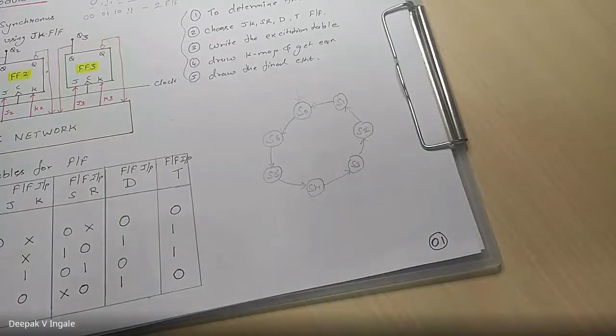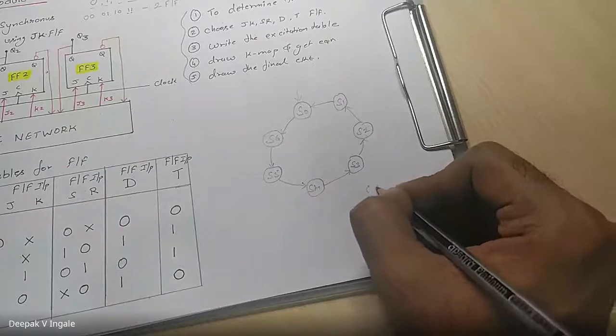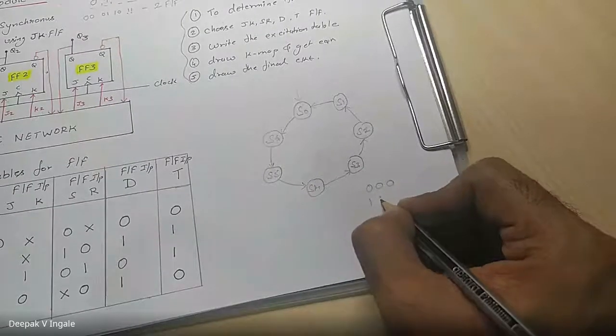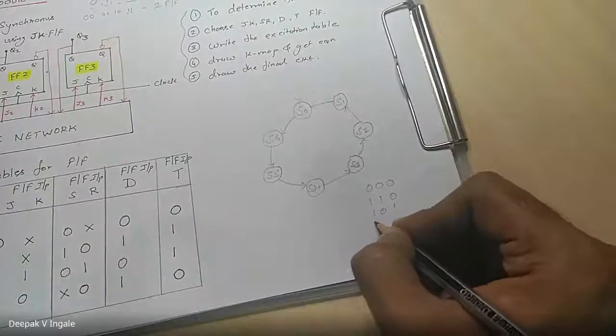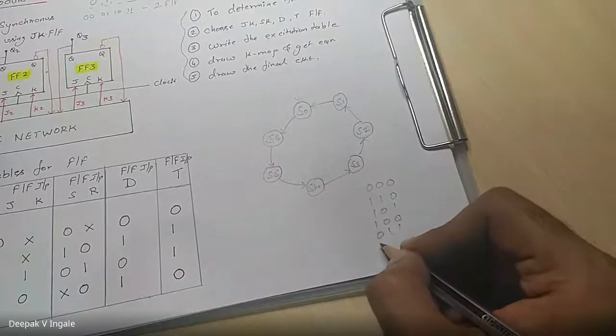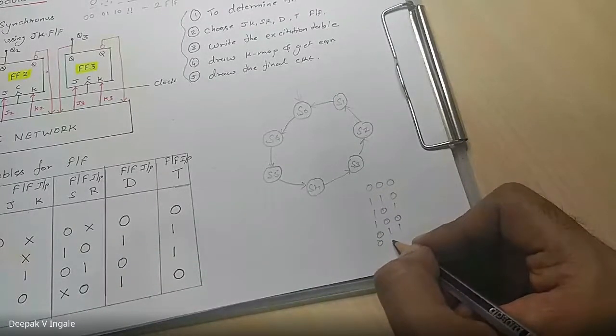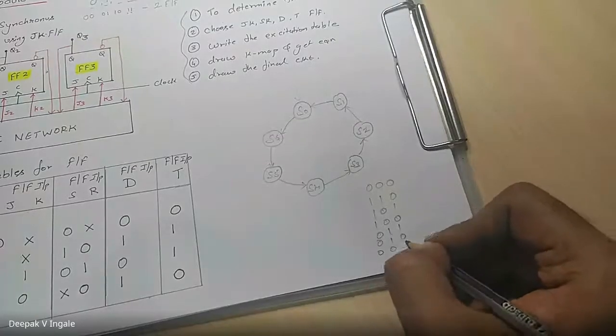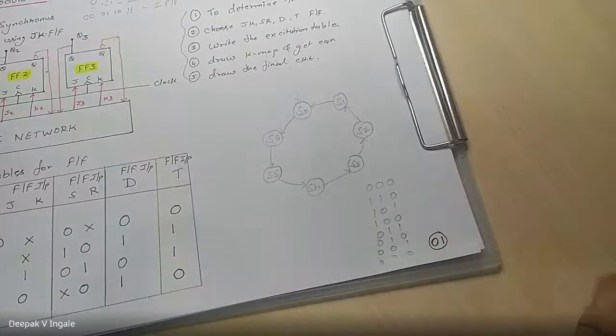Okay. Okay, sir. Now, while writing the table, see, if I write the table in this way, the time taken to write the K-map will become a little more. Correct. So I would be writing like 0, 0, 0, then 1, 1, 0, 1, 0, 1, 1, 0, 0, 0, 1, 1, 0, 1, 0, 0, 0, 1, 0, 0, 0.